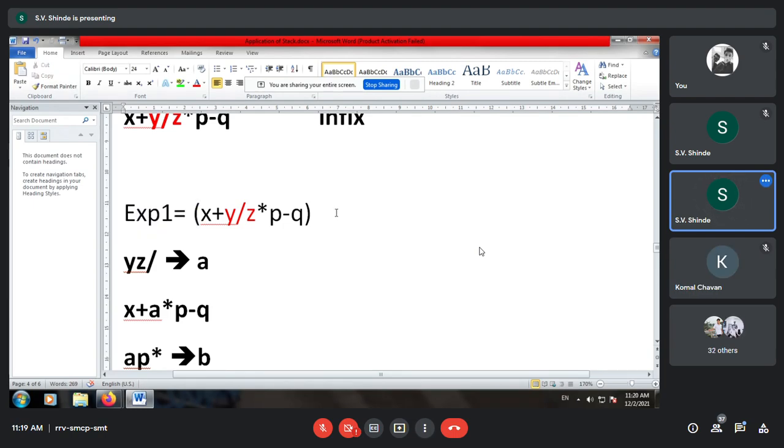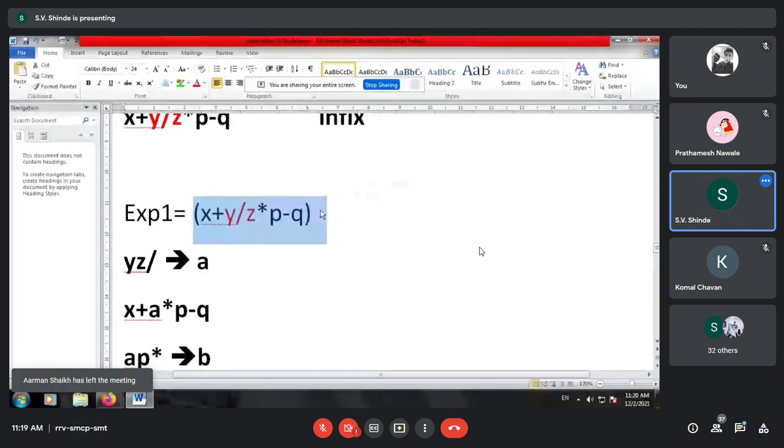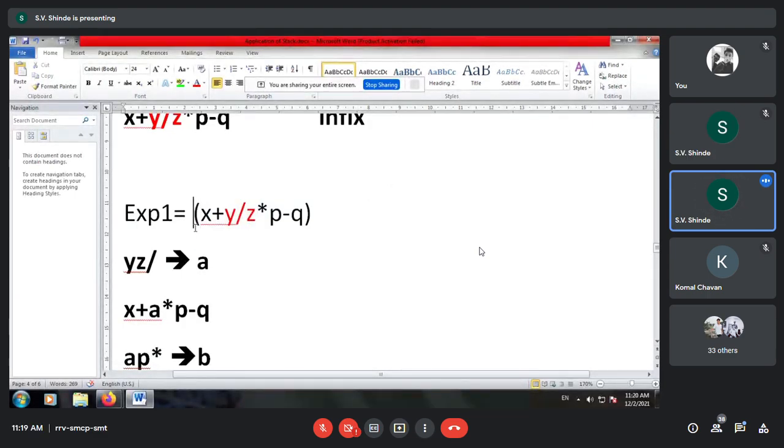Now again we have to set the priorities. The first step is you have to scan the expression from left to right. If there is a bracket, that means anything within the bracket has the highest priority. The expression has only one bracket there, so we'll only consider the intermediate part. We'll scan from the variable x towards its right.